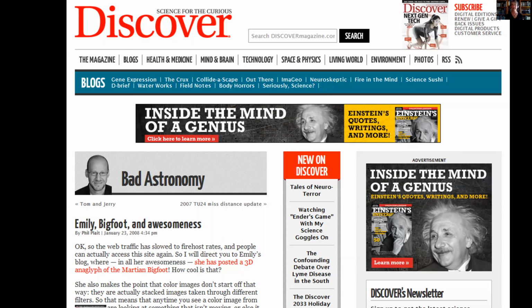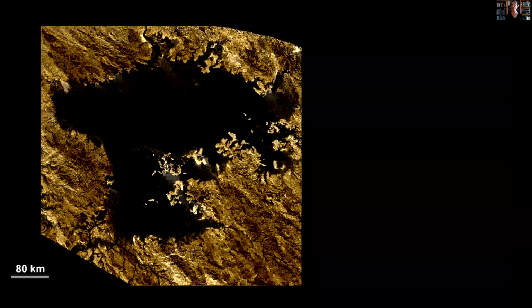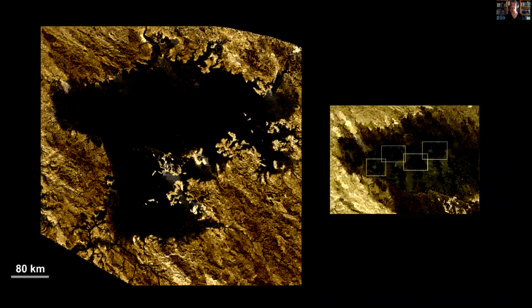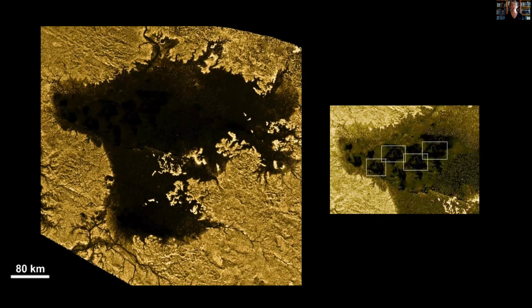A slightly different debunking situation happened with this image of one of the lakes on Titan that was in a NASA press release. And somebody noticed that if you cranked up the contrast, you could see a lot of repeated art elements in this image. The image has clearly been touched up. It's been doctored. There's been stuff cloned in to that dark area. And I pointed this out to Photojournal, and they did take it down or replace it with one that had not had this doctoring applied to it.